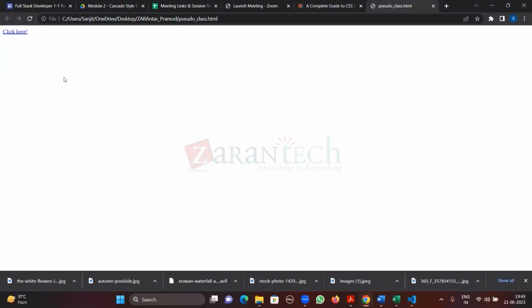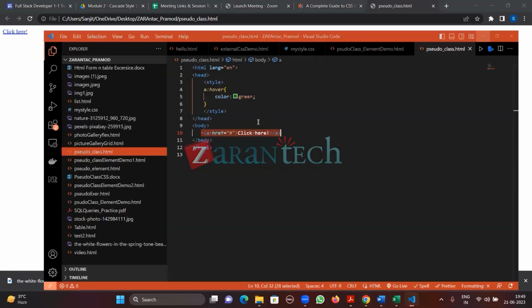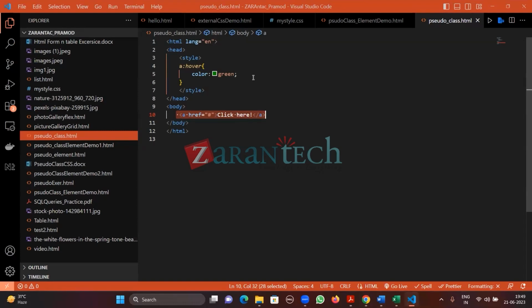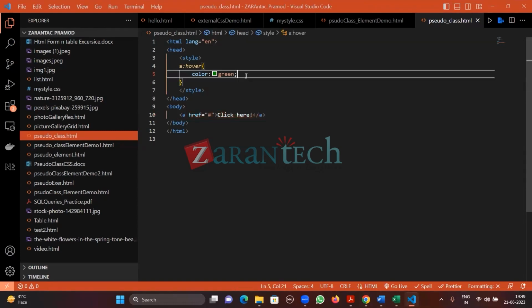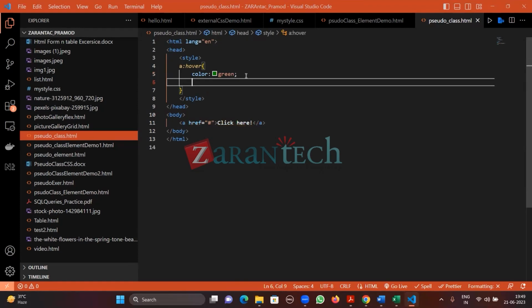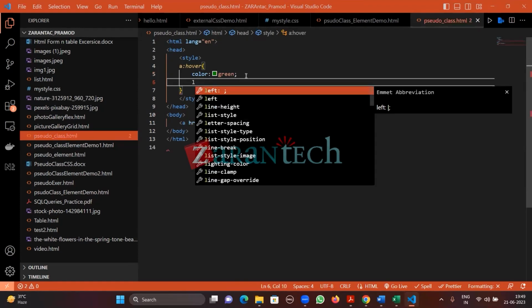As we know, the link color by default is blue. But here I just used hover. See this, when I move the mouse over the link, the color changes. But if you want to remove the link style, because here the link shows an underline, you can use